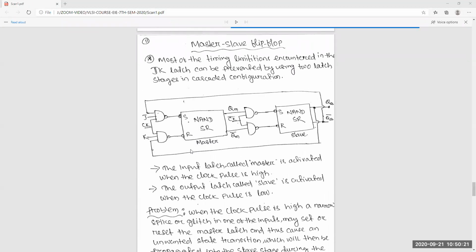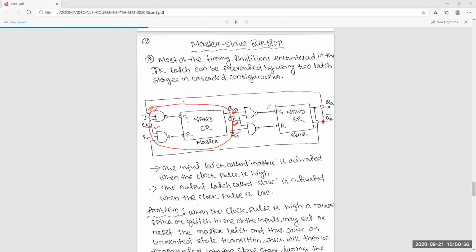So now again, in the master slave, we can say there is another solution. Okay. So the same feedback is there, but the thing is the clock. Okay. So you can see here clock bar. So when clock is equal to 1, this part will be active. Whatever is here will come to here and it will stay at this point.